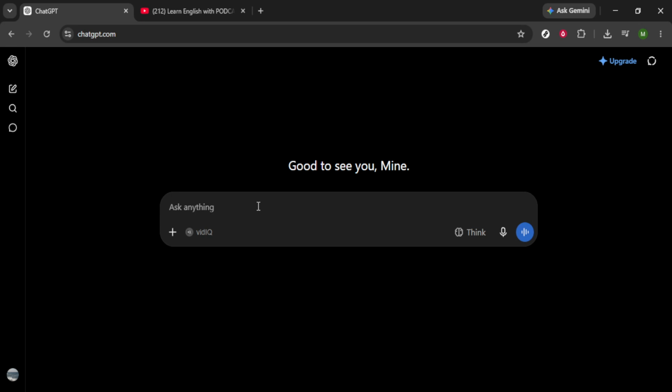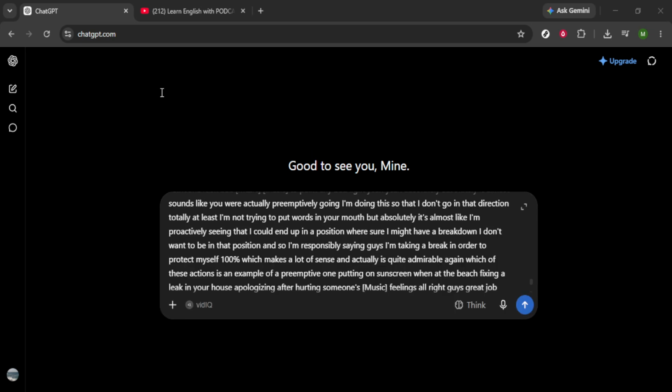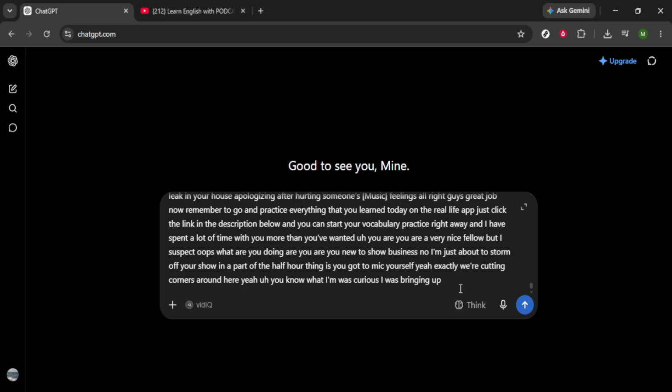Open ChatGPT in a new tab. Now, paste the transcript you just copied into the chat box. This is where the magic starts. Before we press enter, let's give ChatGPT a little direction with a prompt. You might want to say something like, clean up this transcript, fix grammar and punctuation, remove filler words, and keep the original meaning. What this does is instruct ChatGPT to refine the information you've provided, making it clearer and easier